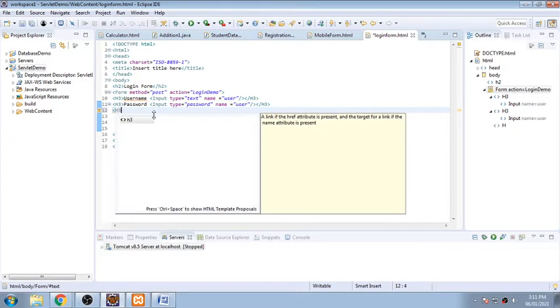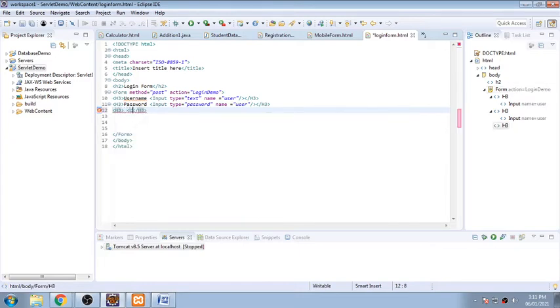So H3, and into this input type equal to submit, and we want that value to be displayed. So value equal to login.